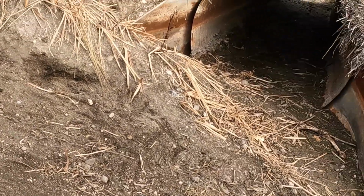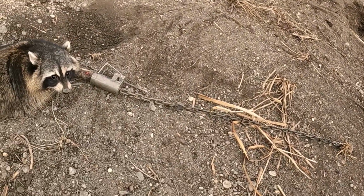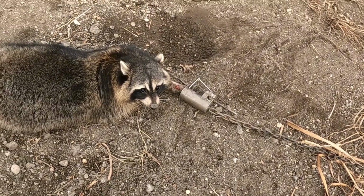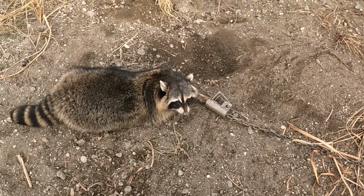Anyway, these big old culverts, they're coming from somewhere. Yeah, you'd make a pretty collar. So, well, that's it. I'll find something to